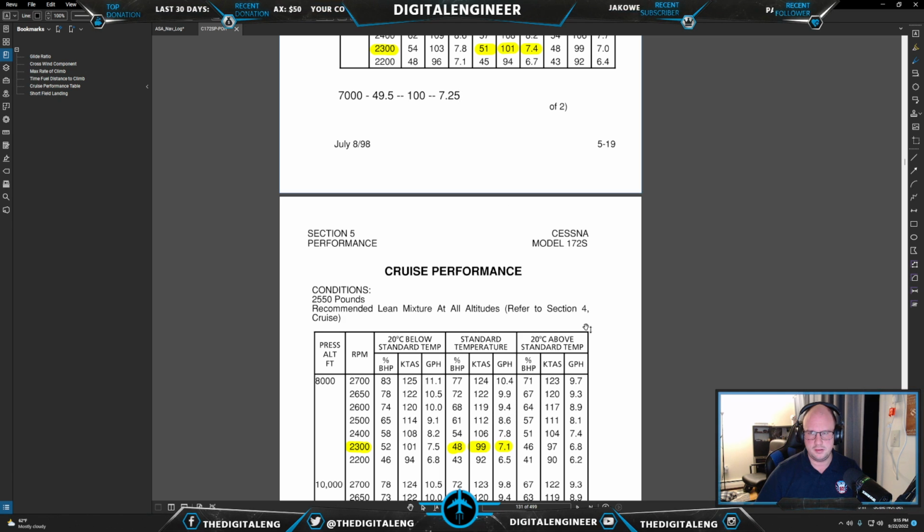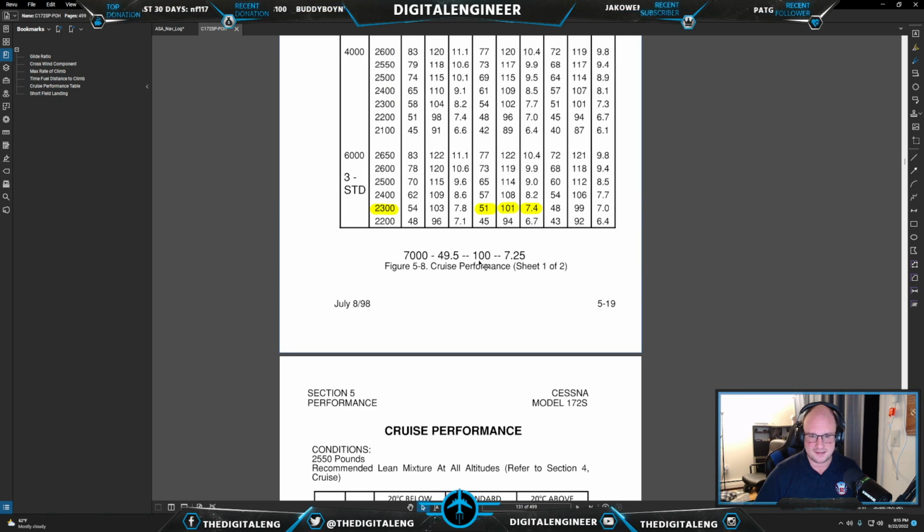0.3 is the difference. Half is 0.15, yes, that is correct. 7.25, yes. So that's our 7,000 figure, right? So we now know our 7,000 figure is there. Now we need our 6,500 figure. So we're just going to go over here and say, okay, difference between 101 and 100 is 100.5, which at